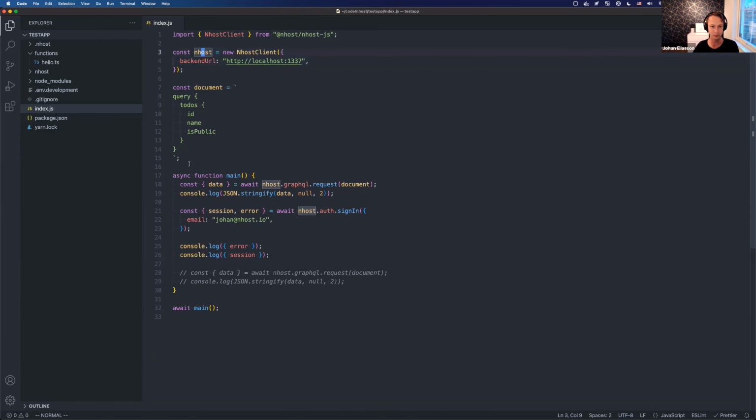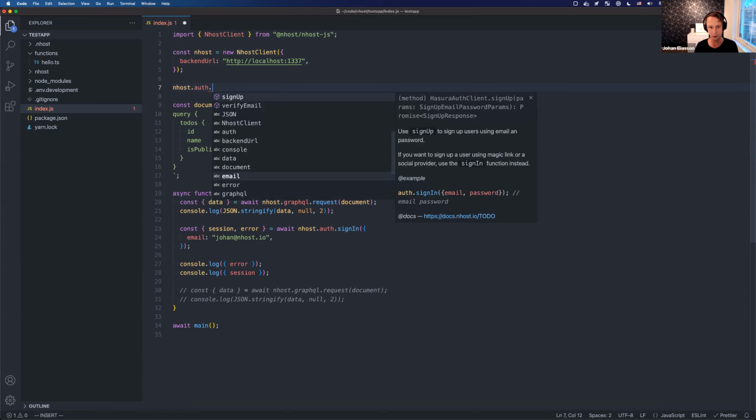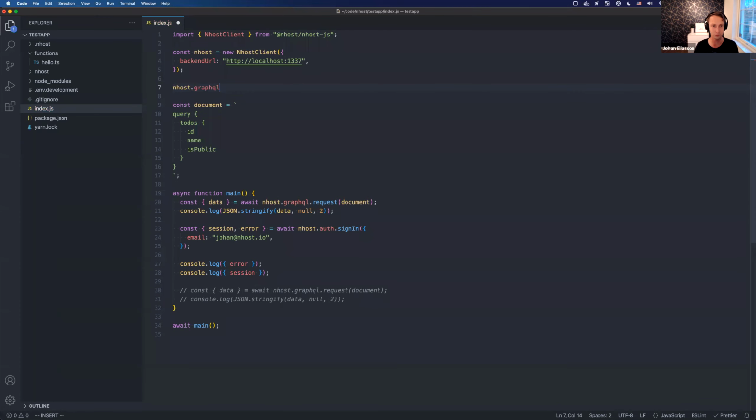With this SDK, you are able to interact with almost all parts of Nhost. Just to give you an example, we do nhost dot. This doesn't show very well, but you can do auth, everything related to auth. You can even do GraphQL and send a request. We have a lightweight GraphQL client here.